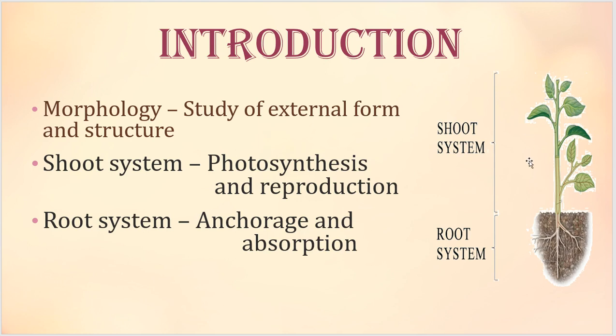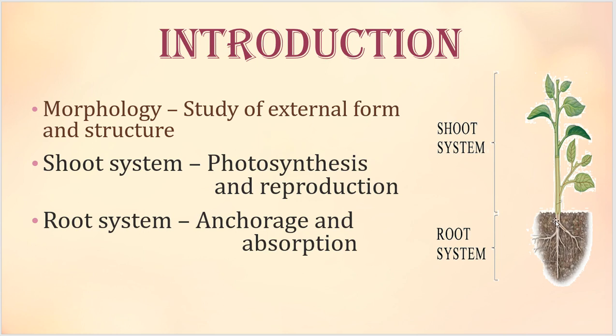Otherwise, as per the systems, we can divide the plant into two major systems: shoot system and root system. The upper part of the plant, which is exposed to the sunlight above the soil, contributes the shoot system, which includes leaf, stem, flowers, buds, branches, etc. The root system is the system which is completely suppressed inside the soil, found inside the soil, which is devoid of green color. Right? So that is what root system.